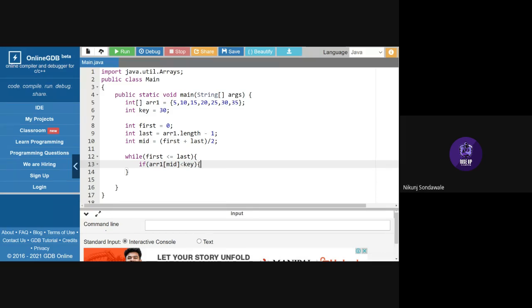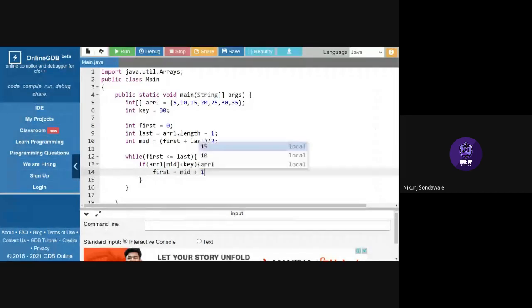So if key is greater than mid, then change my first to mid plus 1.